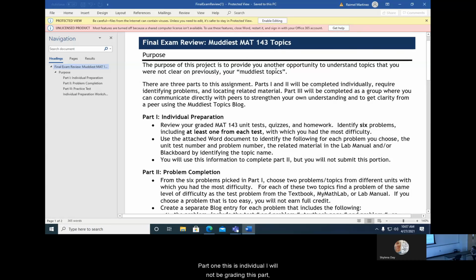Part 1, this is individual. I will not be grading this part, okay? It will help you set up for part 2 and part 3. So part 1 is individual preparation. You're going to review your math